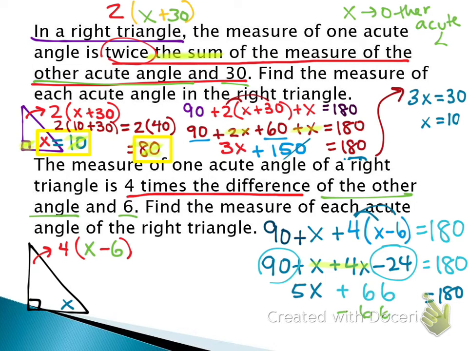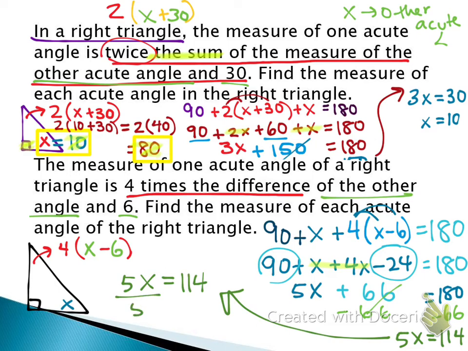Subtract 66. We got 5x equals 114. Bring it over here. If 5x equals 114, divide by 5. And x is